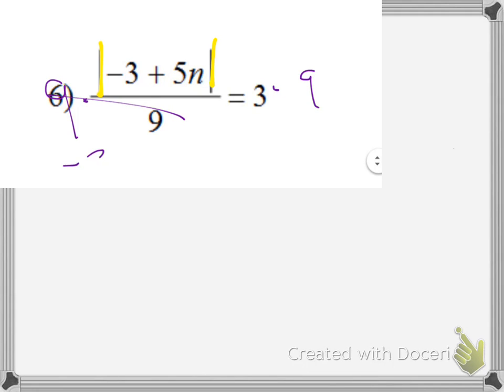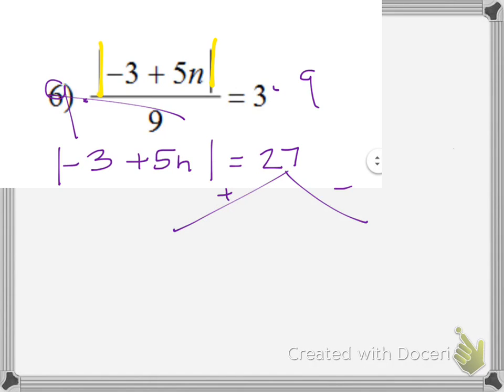The other one we got the absolute value of negative 3 plus 5n equals 27. So again, we've got those absolute value bars by itself. So let's go ahead and split it off where one's positive, one's negative. So then we got negative 3 plus 5n equals 27. And then negative 3 plus 5n